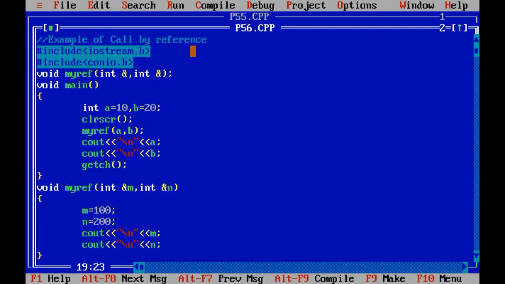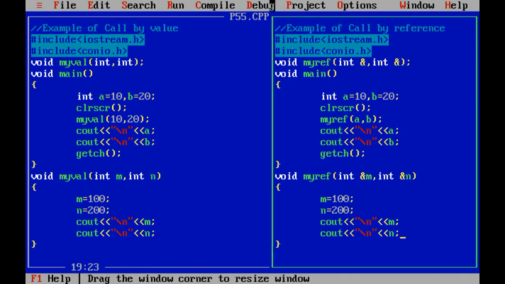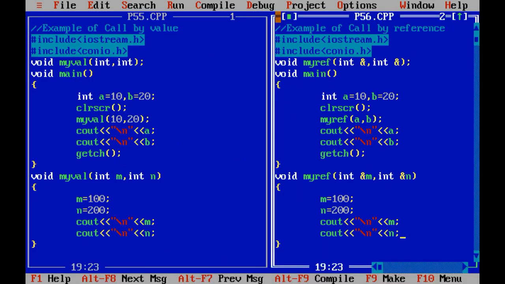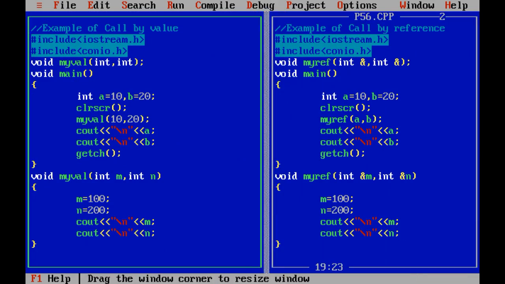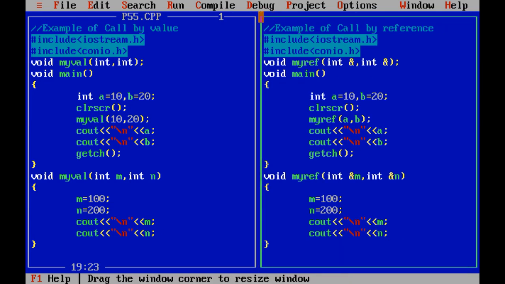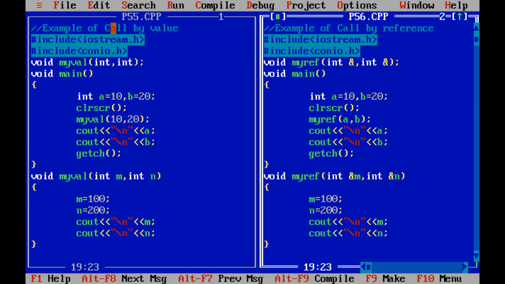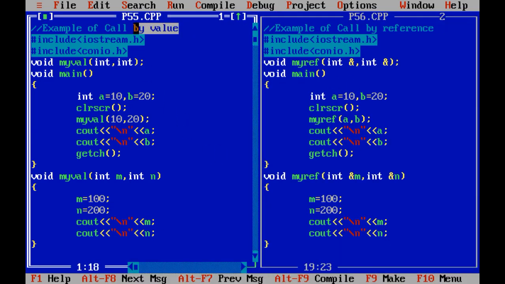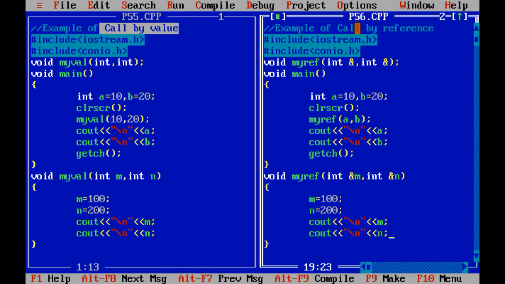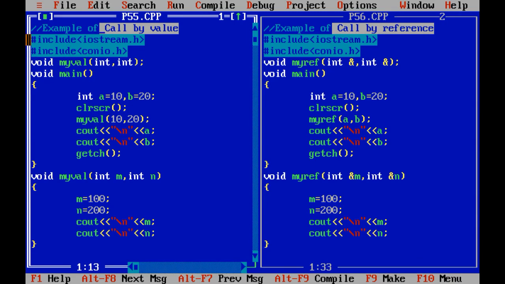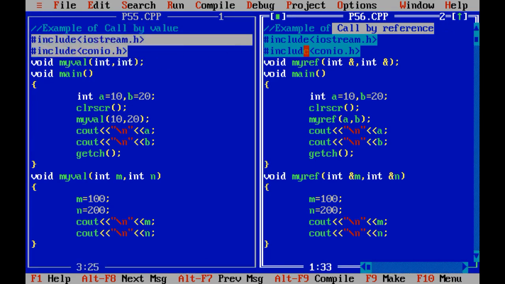Now let us see the difference between these two programs. Only two lines of difference are there, the remaining code remains as it is. This is the example of call by value. This is the demonstration regarding call by reference. Two header files we need to include in both the programs.